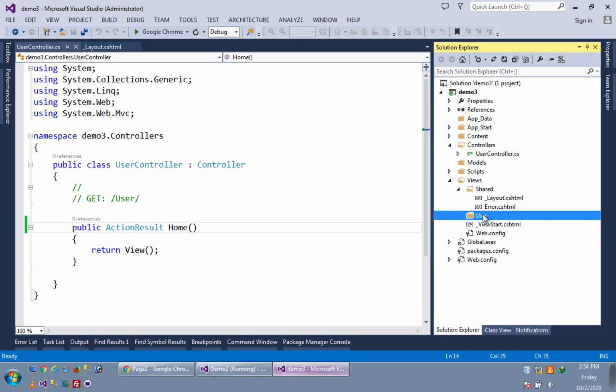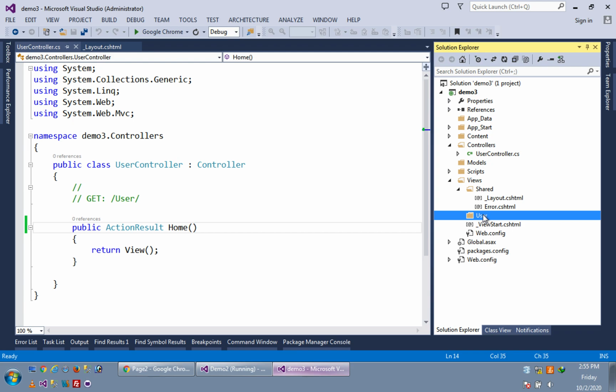But what if we want to create a view inside the master page? For example, if you are using different technologies like PHP or simple HTML, then you will create one master page first, right? And in that master page we will have header and footer that are the same for the entire application or one role model. If you are using admin side and user side, then we will have two different master pages, one for admin, one for user. The master page concept is that it will repeat its action in all the views that we create under that master page. So now I have to create one view under the layout master page.